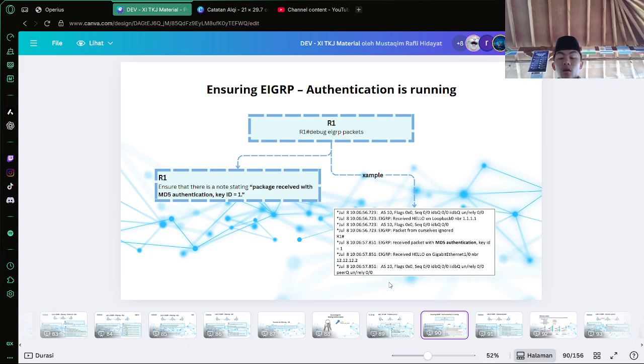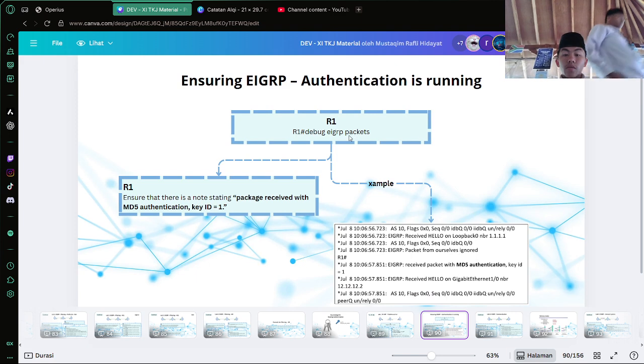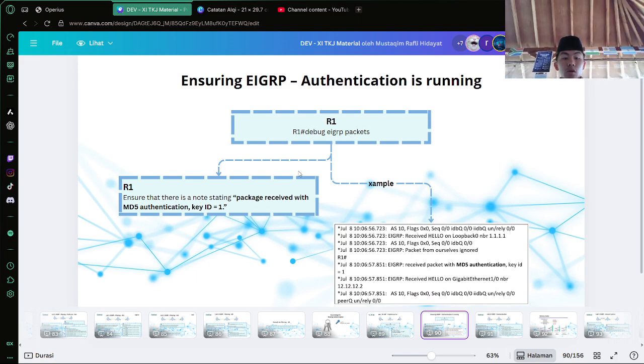Okay, you can see the command debug eigrp packet, and in router 1 there is a line stating packet received with MD5 authentication key ID.